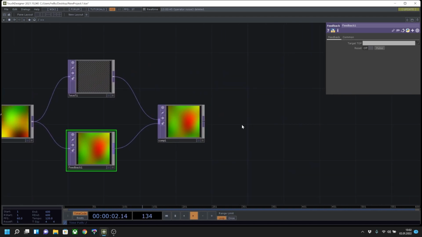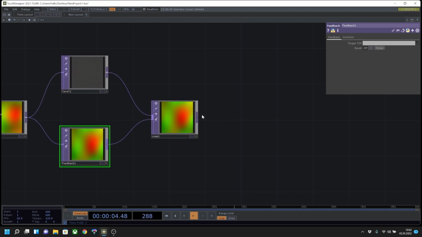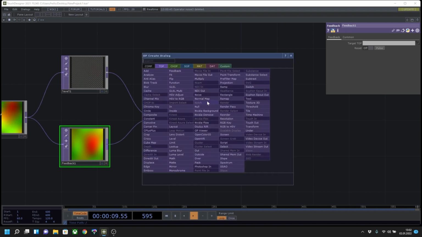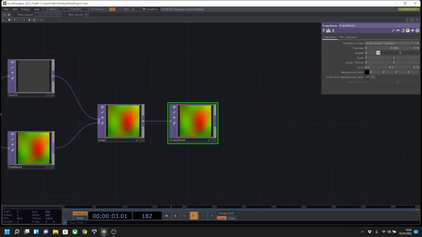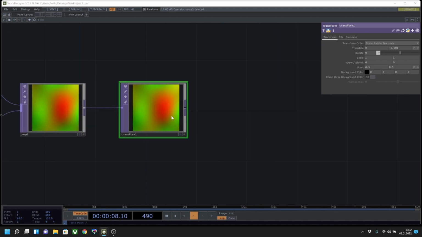But this time we won't make this one the target layer. We will just insert a transform after that. And in that transform on the y-axis, we will set it to minus 0.001. So it just will create the drops you saw in the beginning to just come down, so it kind of melts down. And after that we will